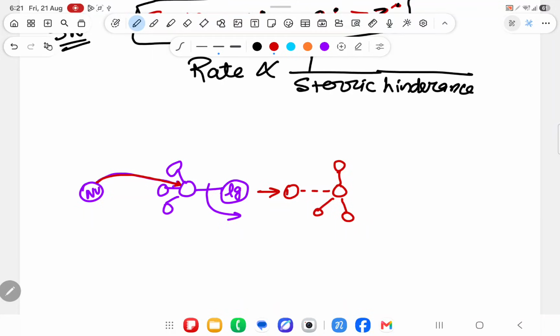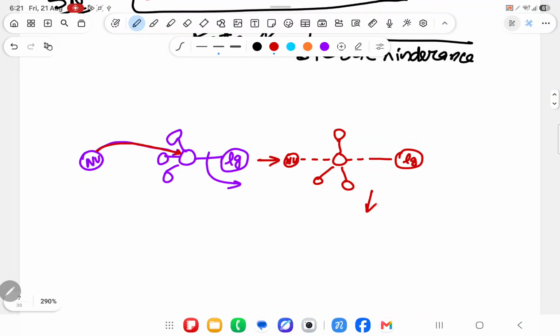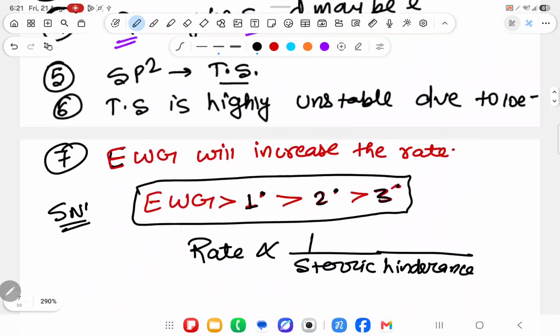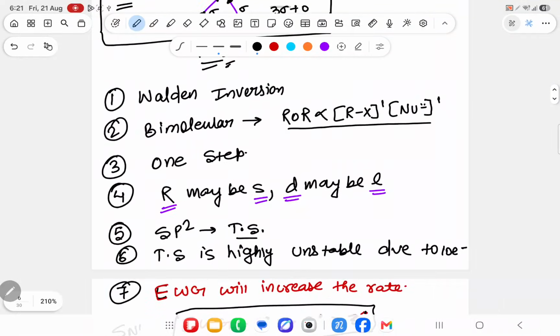The nucleophile is coming from this side. At the same time, the leaving group is leaving from this side, and after some time the nucleophile will attack over here. 1 atom, 2 atom, 3 atom, plus the leaving group is going outside. This is SN2. Now in SN2, first important point, I have written Walden inversion, then bimolecular, then one step,